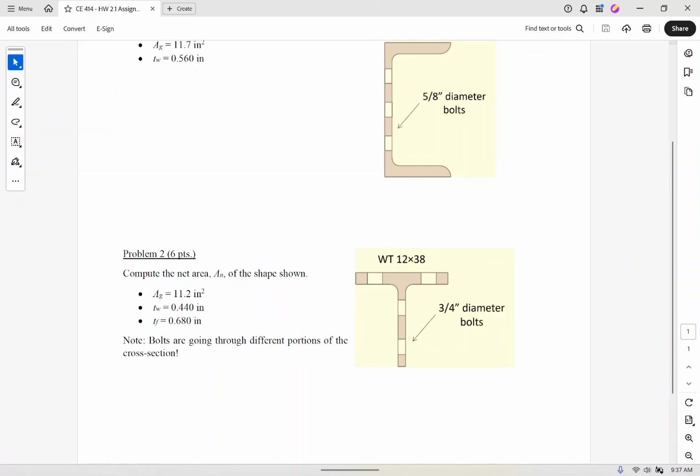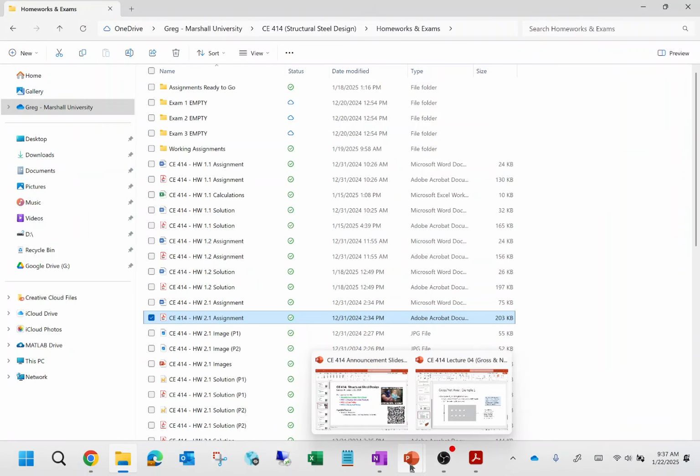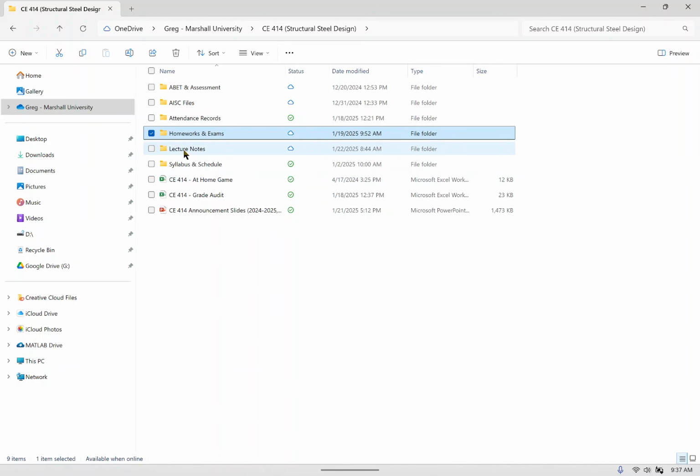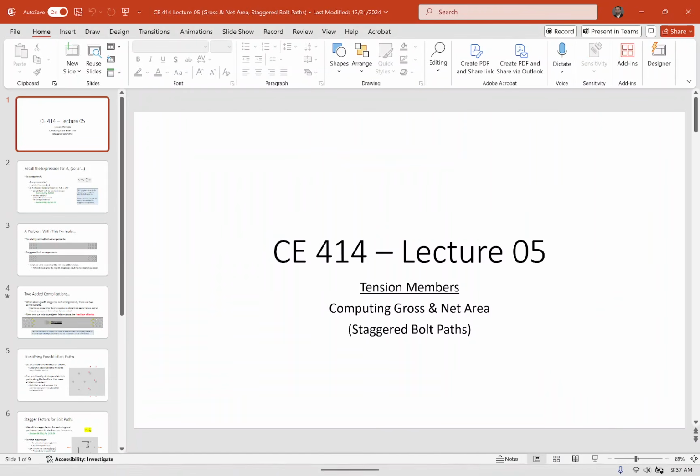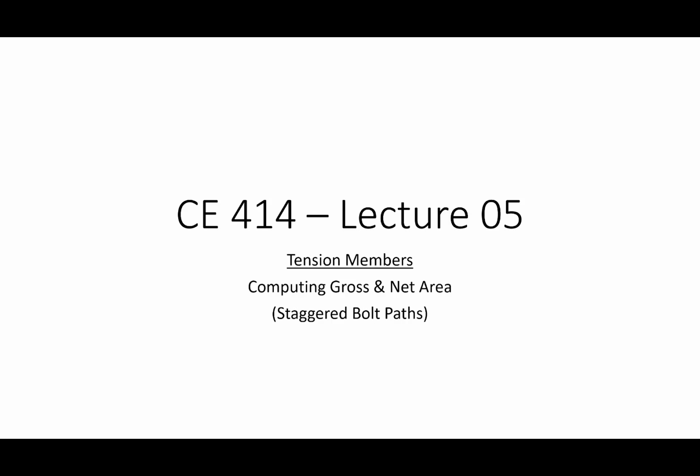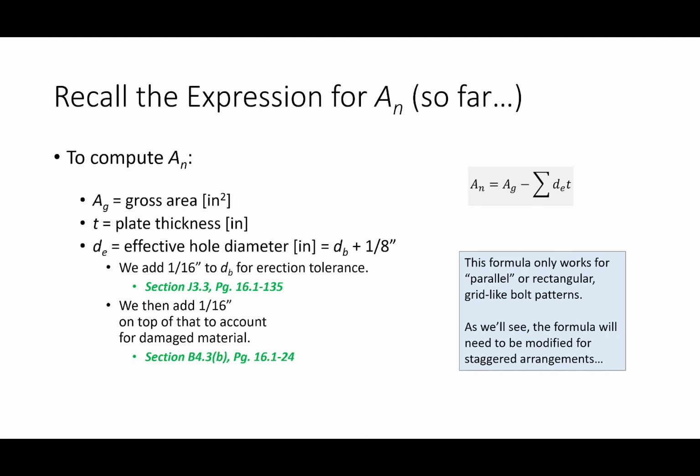Okay. All right. I do want to give you a slight peek into what we're going to talk about on Friday, just to sort of make the point, and then we'll call it. So, first off, would it be fair to say that right now this is sort of our formula for net area? That the net area equals the gross area minus the area lost due to the presence of bolts. I am saying that this is the formula for net area so far. This is not our complete expression for net area, because what we're going to do on Friday is